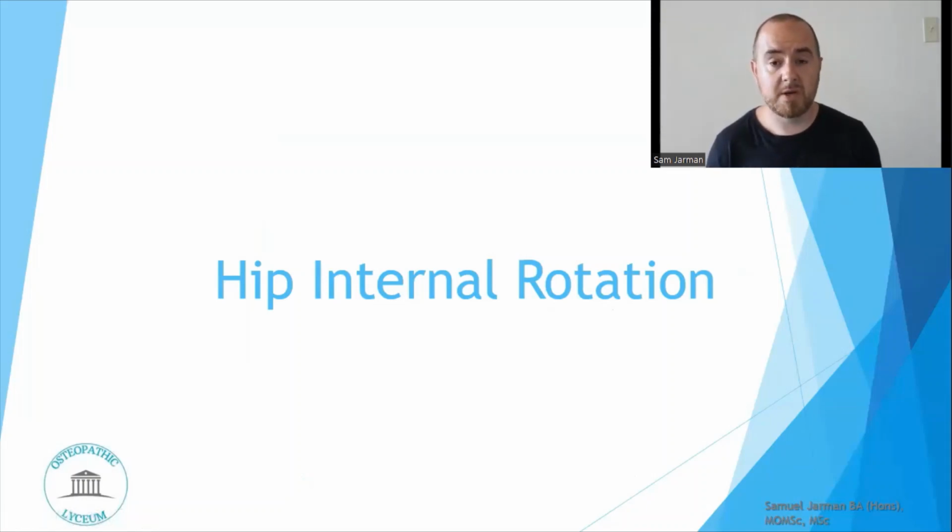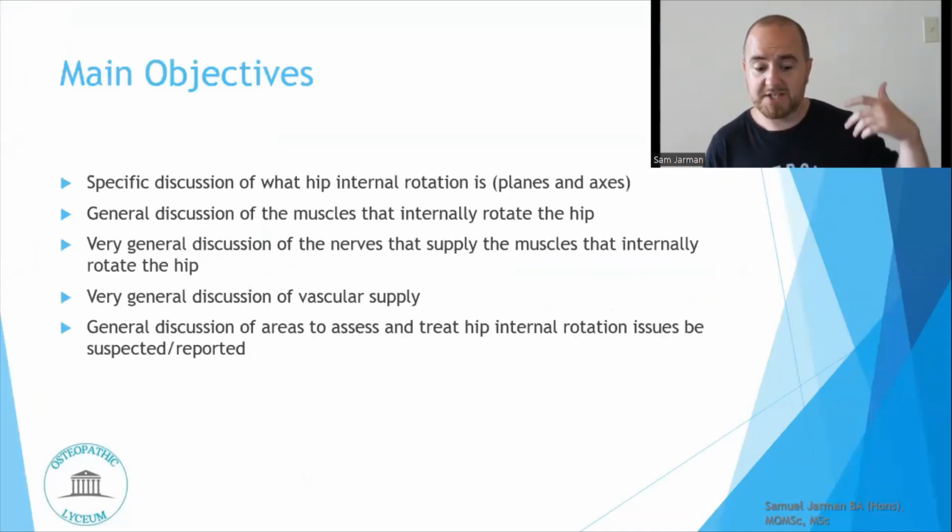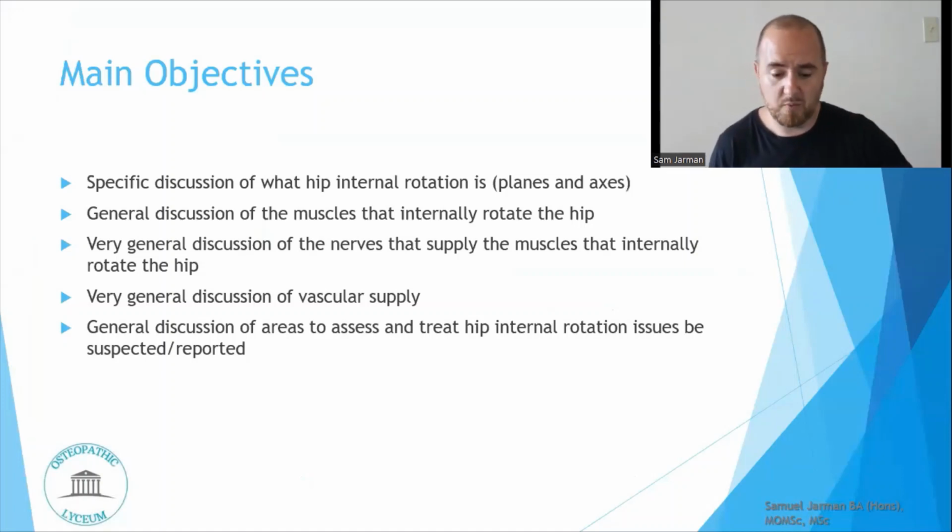Continuing to look at anatomy with respect to movement as the central portion of our network of meaning, or of our semantic network, we look at hip internal rotation, or if you prefer the term, hip medial rotation. Our objectives are to have a specific discussion of what hip internal or medial rotation happens to be with respect